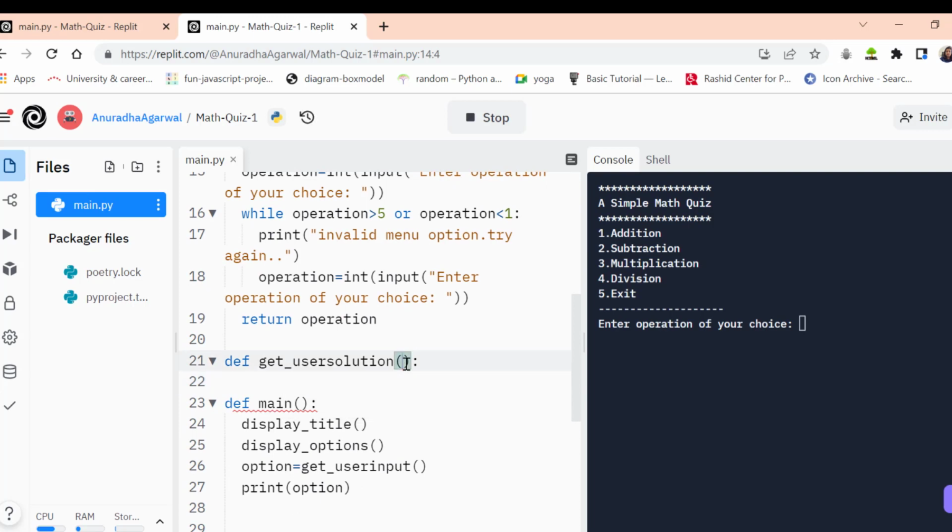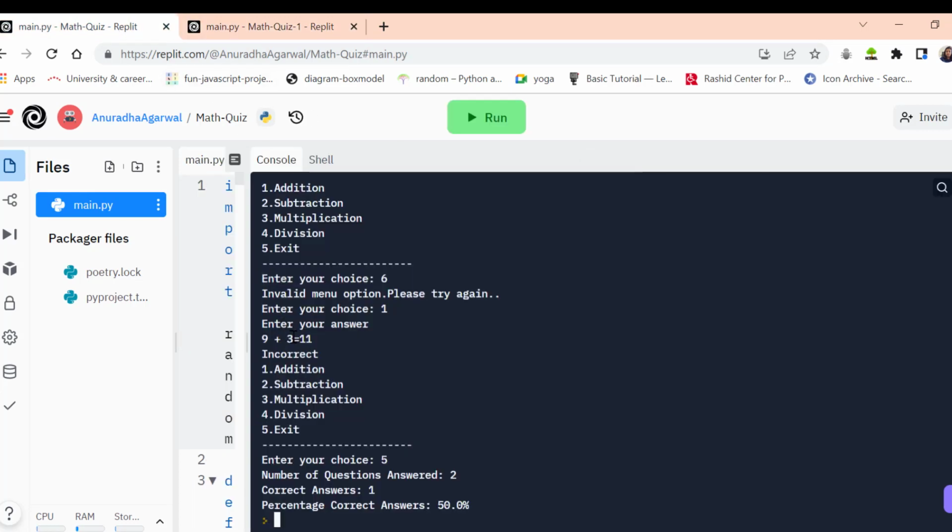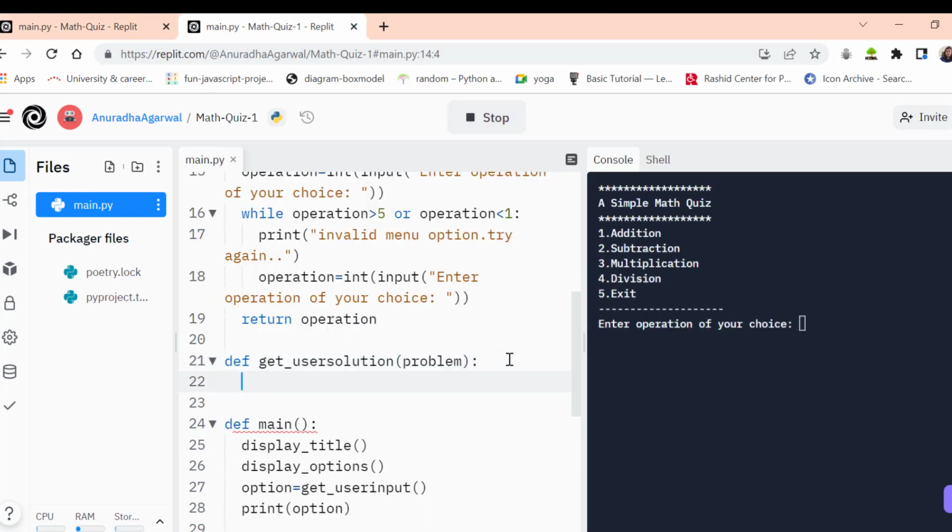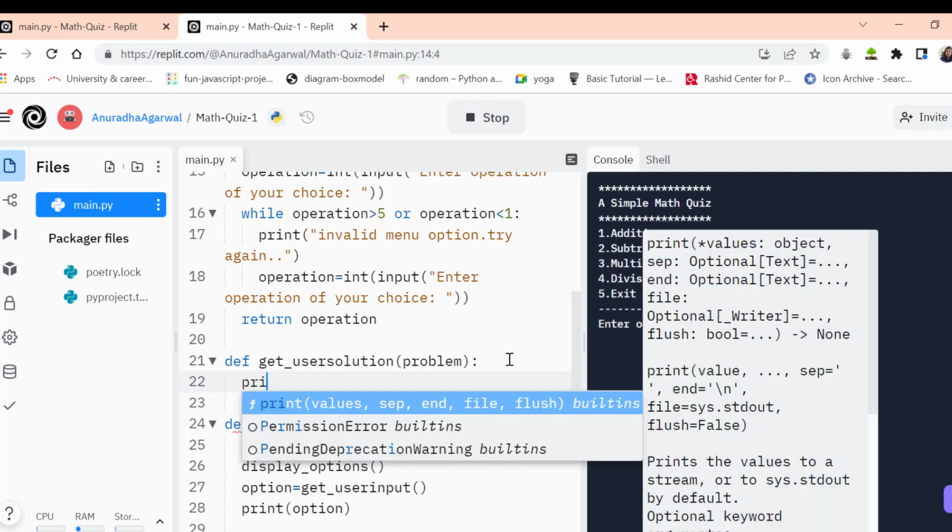A parameter is the value which we can pass through a function. We can pass input to a function through parameters. So let me name this problem, since I want to pass the problem to the user before I ask for input. So I'll pass this problem, and what we can do is first print